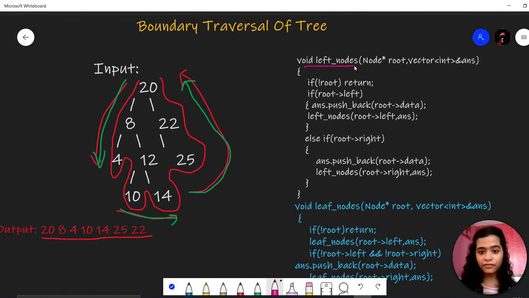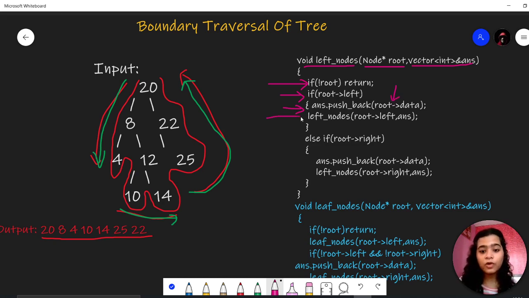First, I have made a function named left nodes which will traverse the left side of the tree. Node star root for taking the root node, then int answer for storing the nodes. If there is no root, then we have to return. And then if root's left exists, then we have to push that data into the answer.